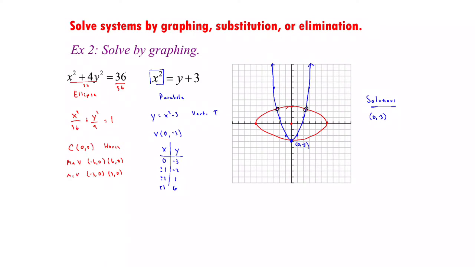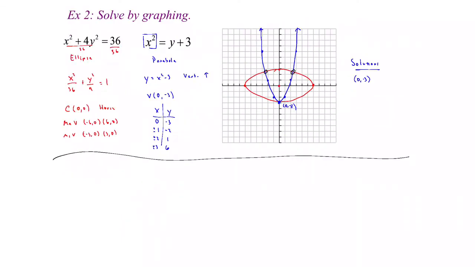So we're going to take this a little bit further, and we're going to go ahead and solve this using one of the other algebraic methods, substitution or elimination. So let's look at our 2 equations. x squared plus 4y squared is equal to 36, and x squared is equal to y plus 3. So x squared is equal to y plus 3, so we can substitute y plus 3 in for x squared, and that'll give us y plus 3 plus 4y squared